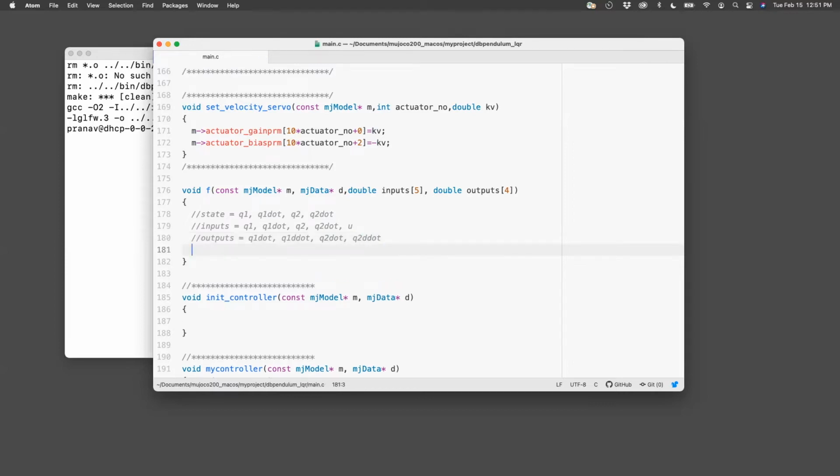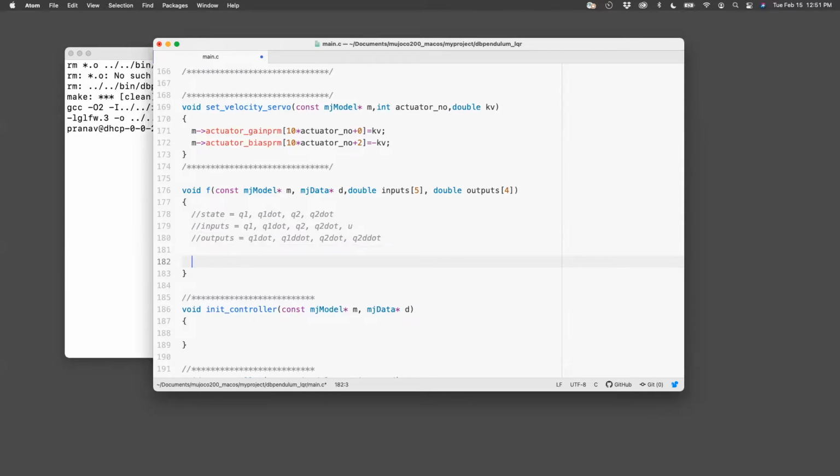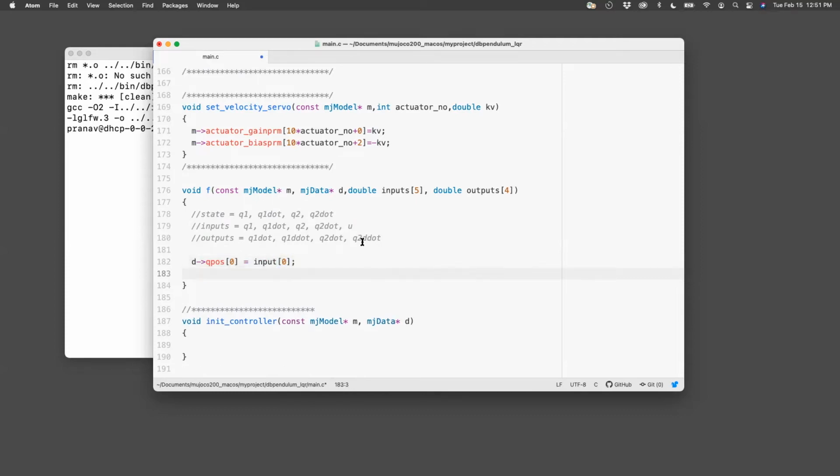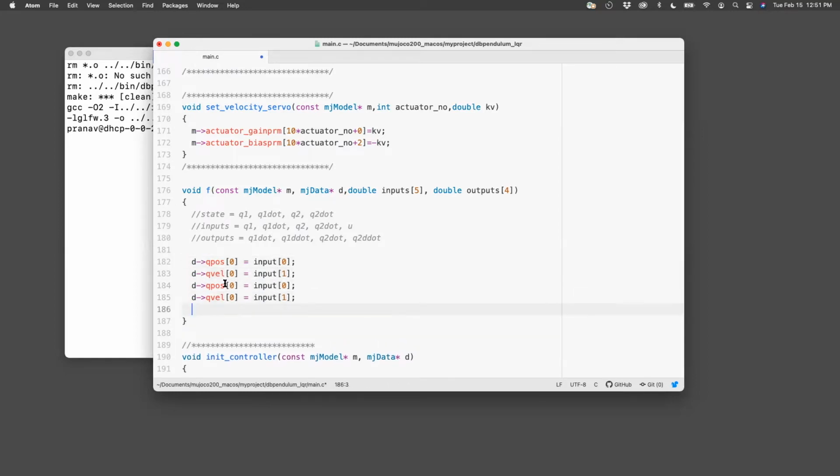Okay, so let's see how we can get these things. q pos 0 equals input 0. So now what I'm literally doing is supplying to this function the input and setting it to the position. You'll see why I do that later on when we try to find the finite difference. Then I would set the second one, and I need to keep doing that for inputs 1, 2, and 3. And then the final input is